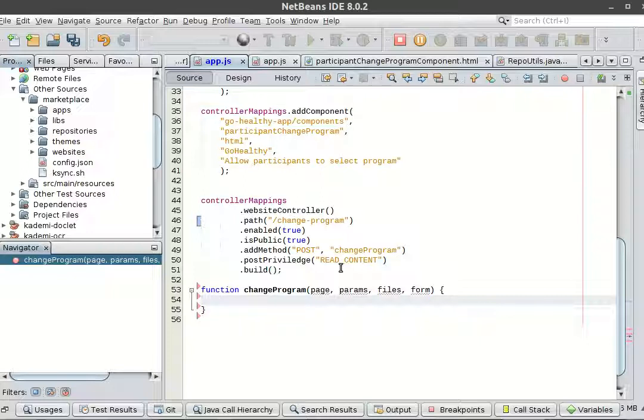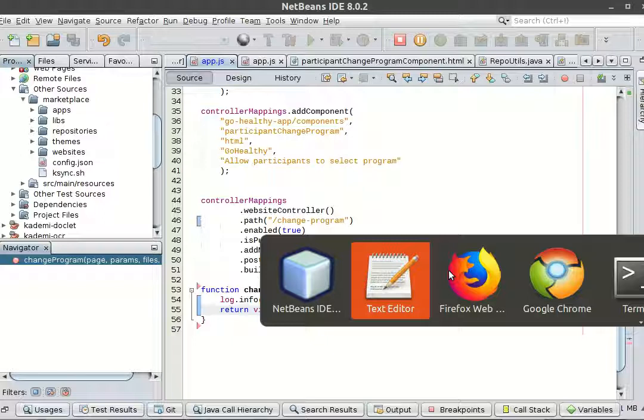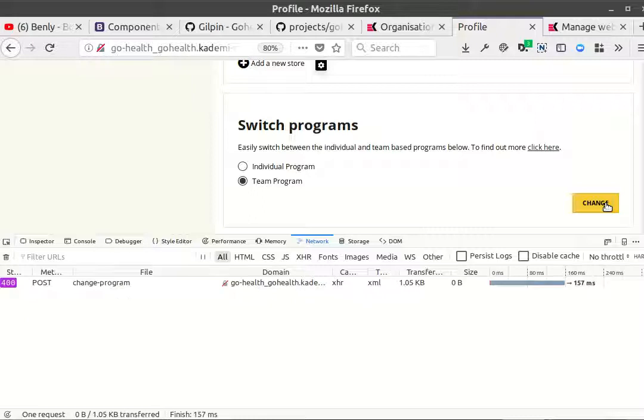Now before I actually implement that, let's just put some logging in so we can see it getting called. Okay, so I'm just going to do this, and we want to return something. I want to return a JSON object, which is going to have the status. That should be a Boolean. Okay, I'm using ksync in the background, and that has uploaded my change. So now if I hit this again, okay, so that's given me a